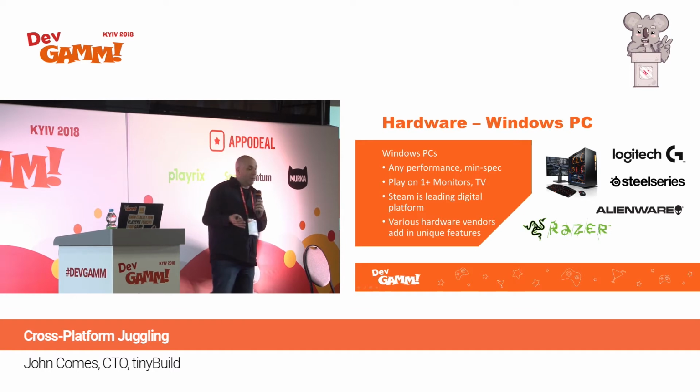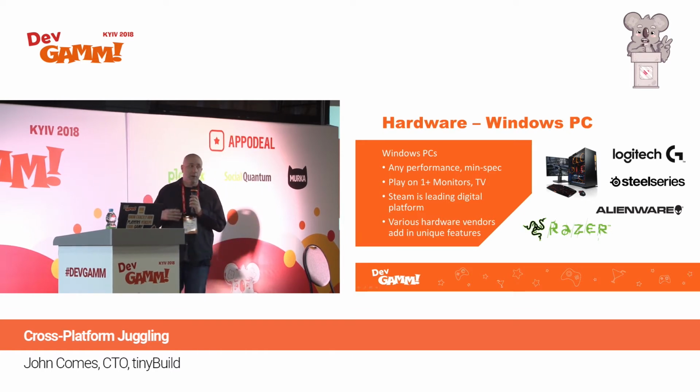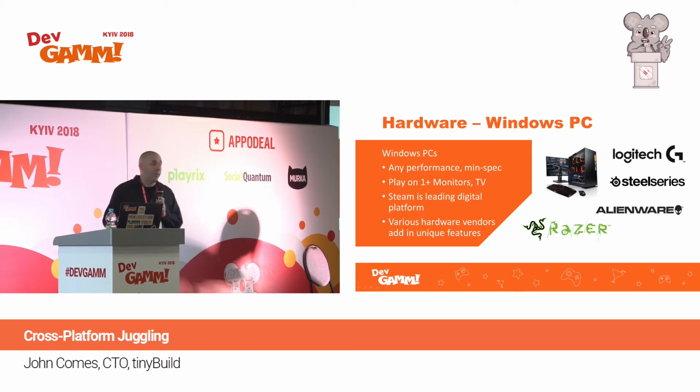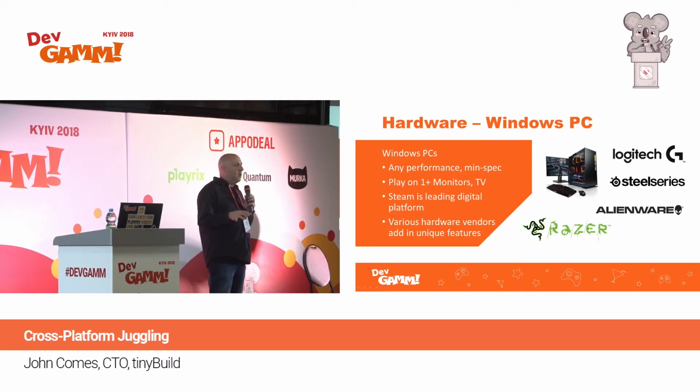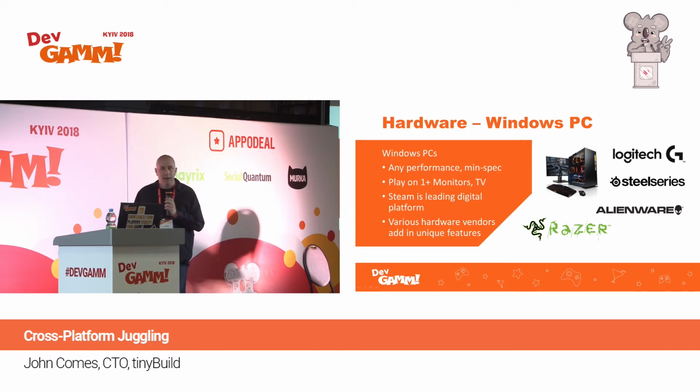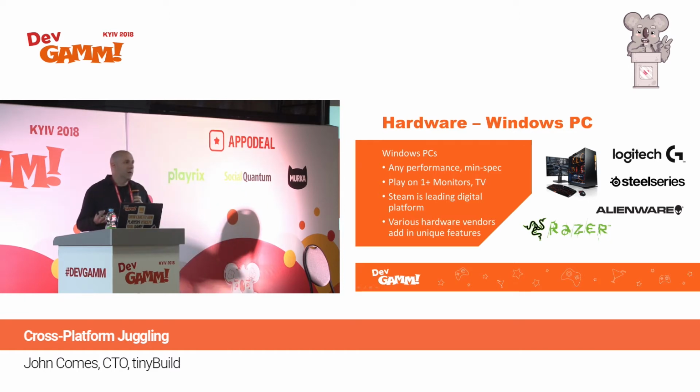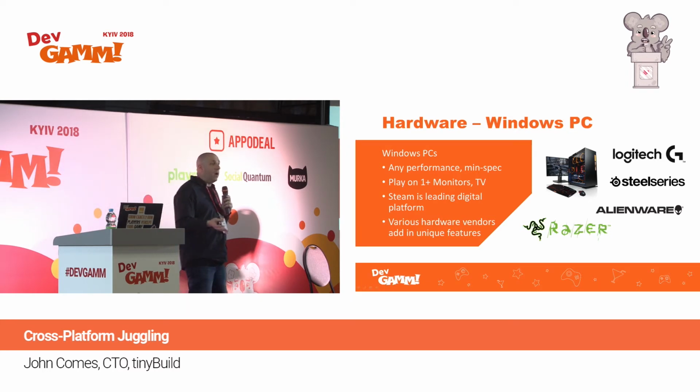And the last thing about Windows PCs, which is really interesting, is they have all kinds of different hardware vendors. The top 3 consoles, of course, are just Nintendo, Sony PlayStation, and Microsoft. But when it comes to PCs, there's Logitech and SteelSeries, Alienware, Razer, and a bunch of other ones that do not just PCs, but they'll also do peripherals, headsets, and keyboards. The reason I bring that up is because you can gain some marketing, and I'll go into detail about this later, based on using their hardware for doing different things.